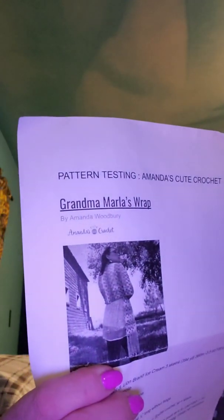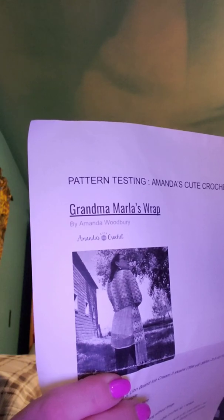And this Grandma Marla wrap was written by Amanda's Cute Crochet. And here's, I don't know if you can see it. I really liked it. It was fun. It was easy to crochet. Then I did